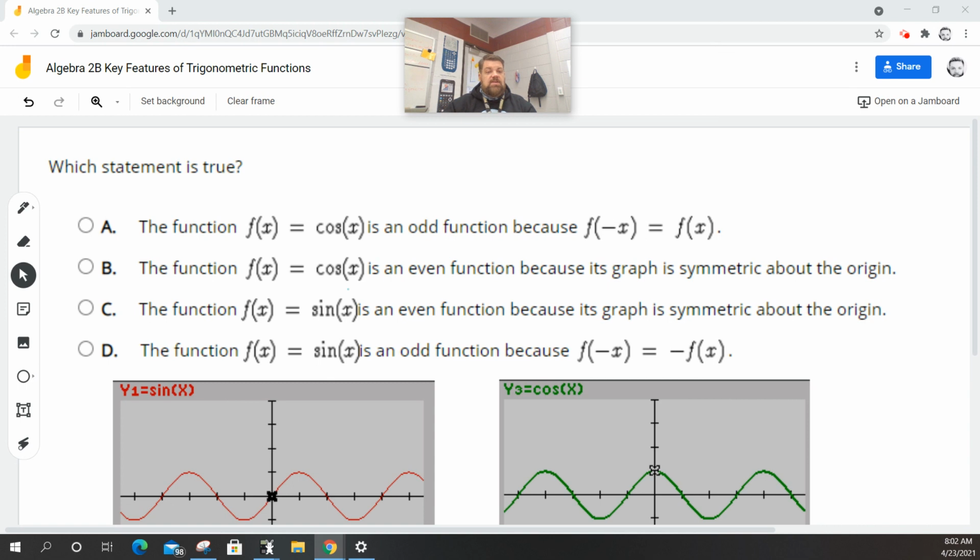On this next one, it says which statement is true. There's a couple questions about cosine, a couple questions about sine. And it has to do with whether they're even or odd. So remember that even means